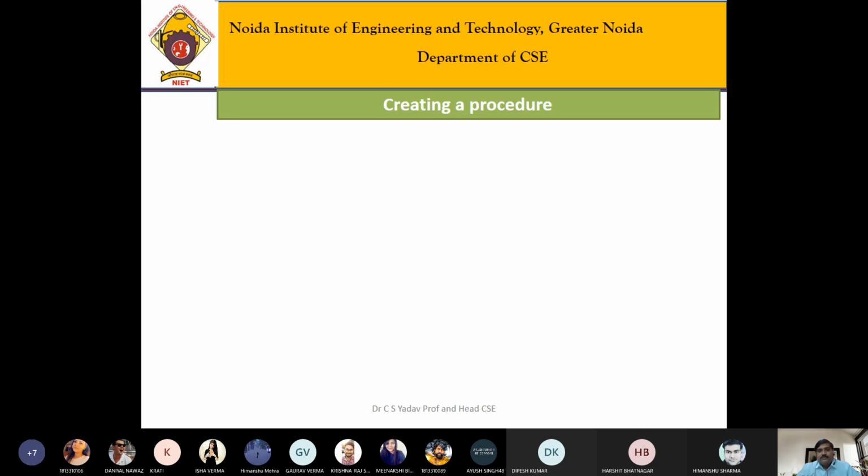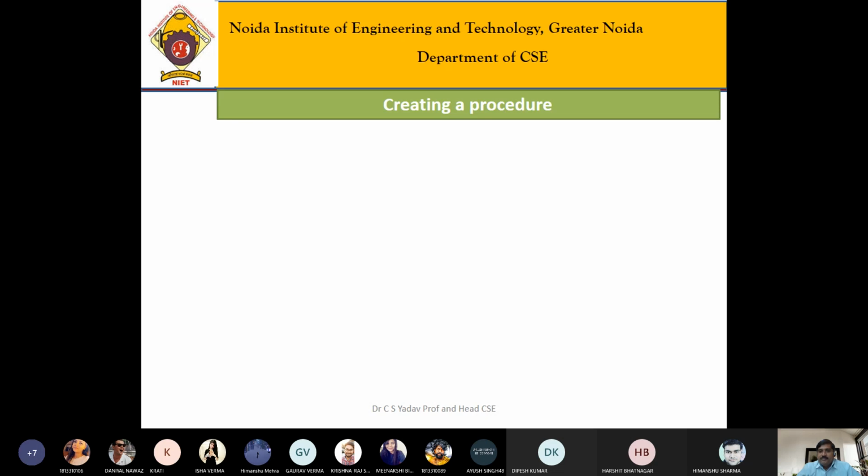Now you are going to learn about stored procedures of PL SQL. If you give a name to the PL SQL block, that is called a named PL SQL block. Otherwise, that is called an anonymous PL SQL block.